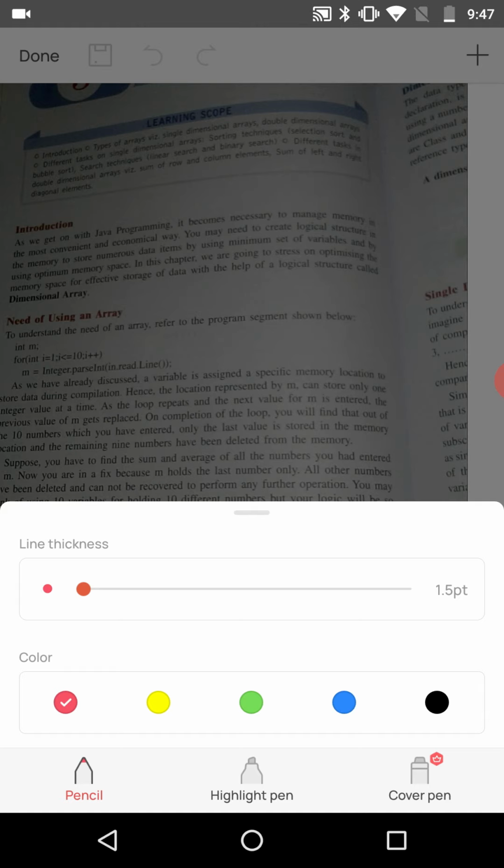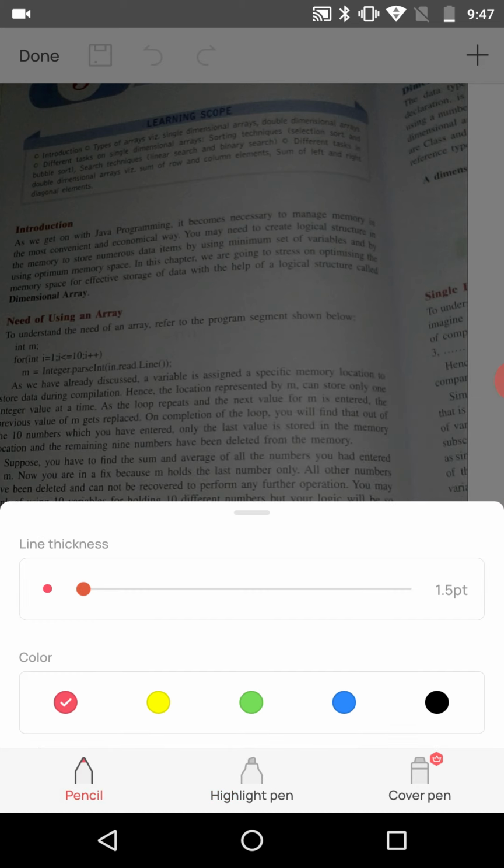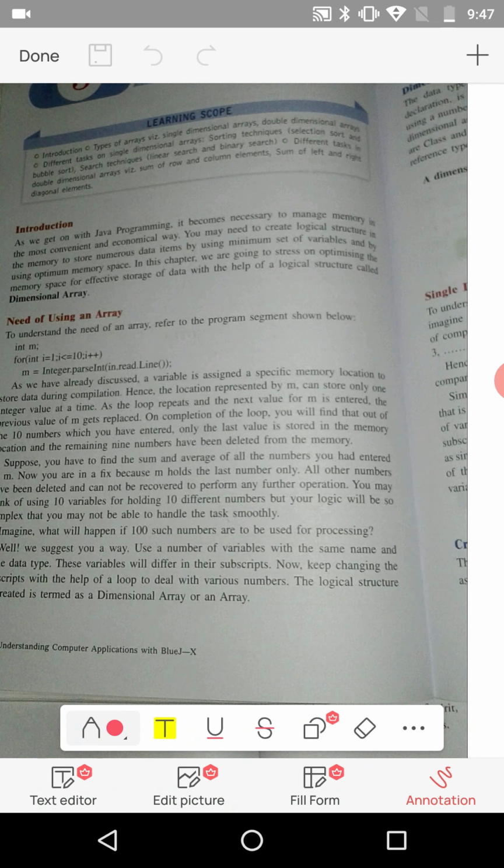The second one is the highlight pen. You are going to use the highlight pen to highlight the part of the answer which you see is not compatible or incorrect. You can choose many colors from here. So after selecting, we will move to the PDF. We will click outside. Now we will start evaluating.